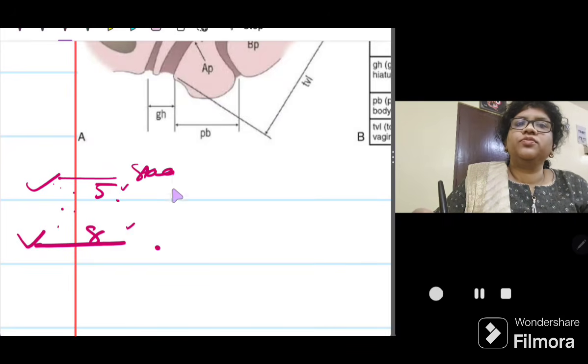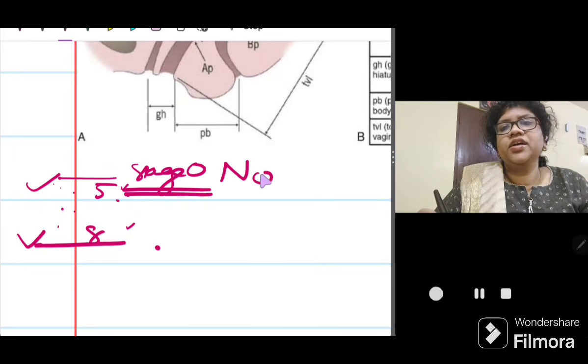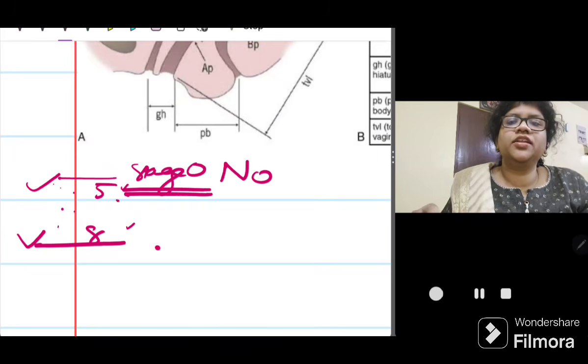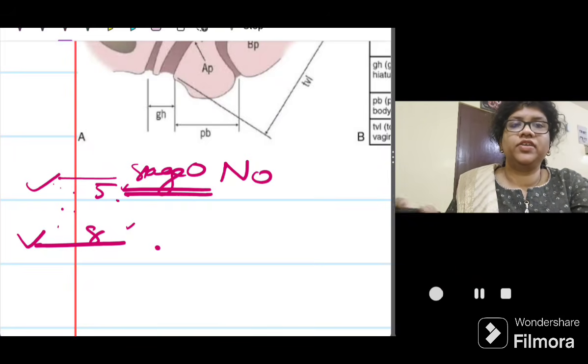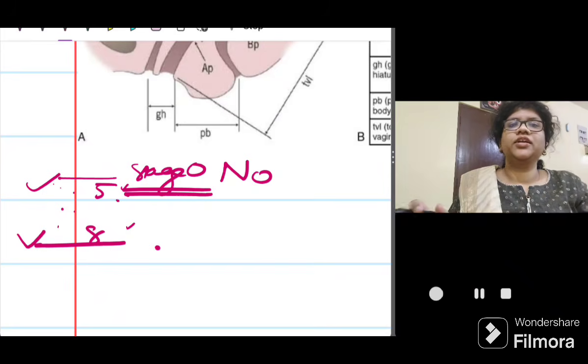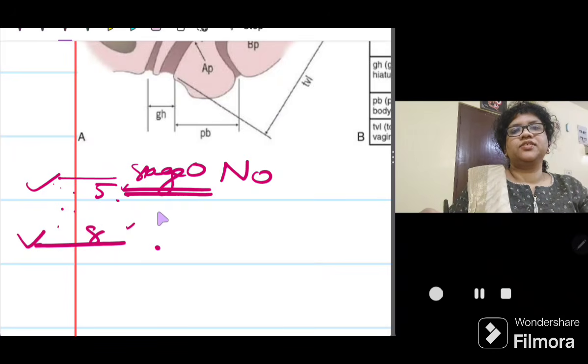Stage 0 is when there is no prolapse, that is the anterior and the posterior points are all -3, and the C or D is between TVL and TVL -2. Okay, so nothing has been prolapsed, everything is in its normal anatomy. That is stage 0. Stage 1,